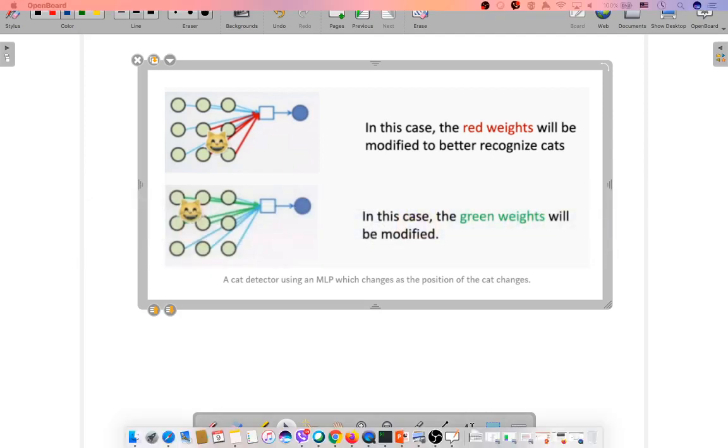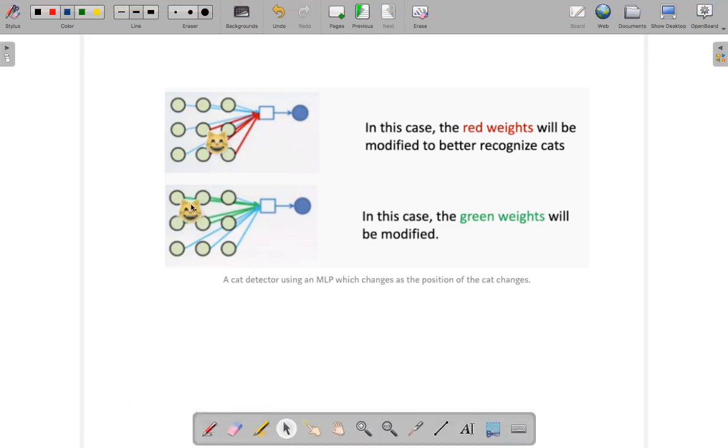Okay, so this is called translation invariance. So if a picture of a cat appears in the top left of the image in one picture and the bottom right of another picture, the MLP will try to correct itself and assume